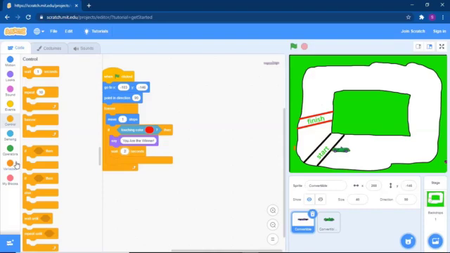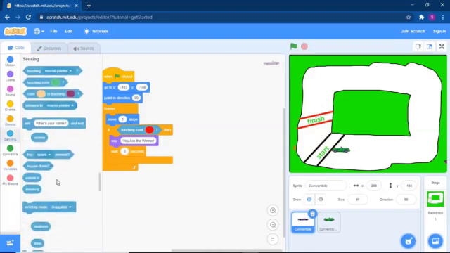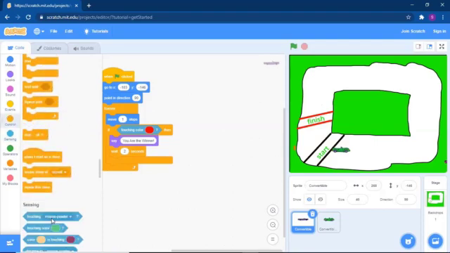So it will stop. Stop is also in the control block, I guess. Yes, stop all. Done.